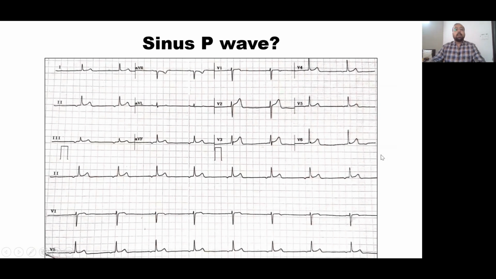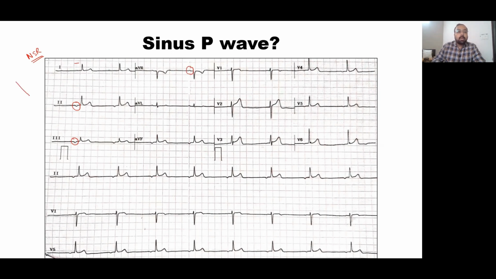Now, this was again an interesting ECG, which was discussed with the residents and the interns. The machine was reading it as a normal sinus rhythm. But you can see now that the P wave axis is somewhat different here. You can see that the P wave is almost flat in lead 1. It is negative in lead 2, negative in lead 3, and it is positive in lead aVR. So it's just the other way around.